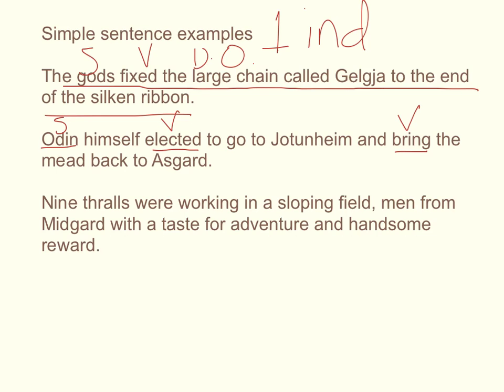The third example. This one's long, so often people will expect simple sentences to be short and, for instance, compound sentences to be really long or complex, but the length of the sentence won't really correspond to which type. You have to evaluate what's inside of it. So 9 thralls were working in a sloping field. This is actually the independent clause here, and the only independent clause in the sentence. This long thing,